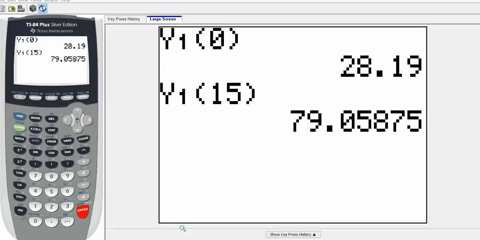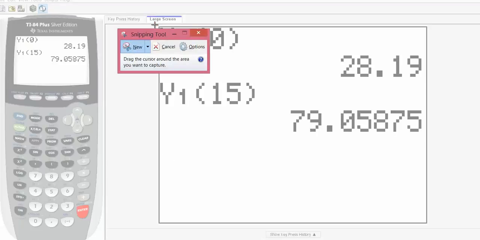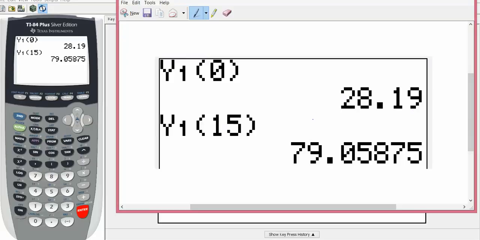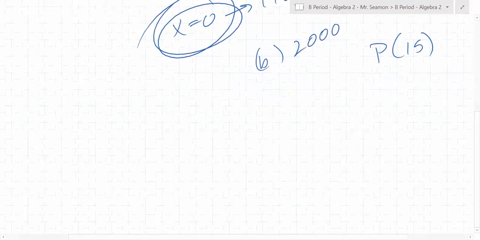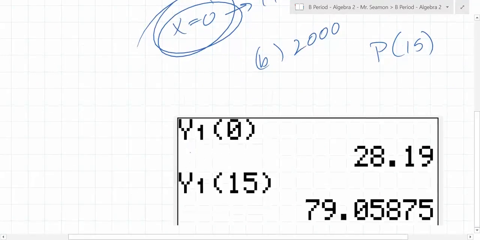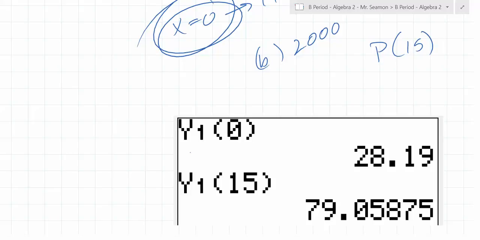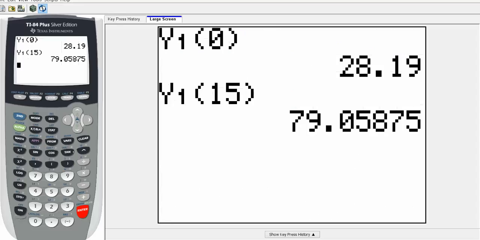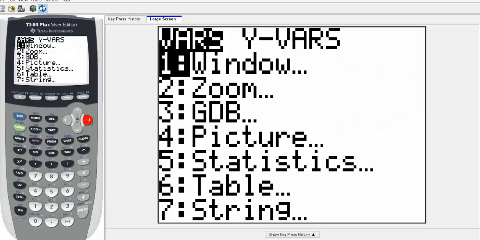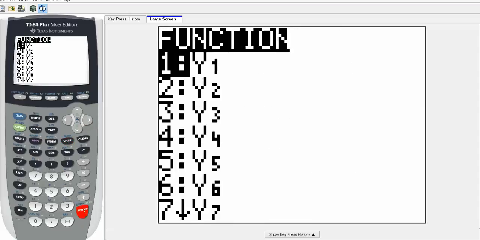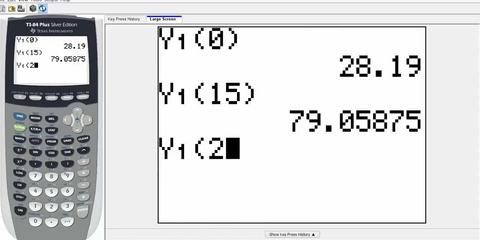Is this a really easy way to evaluate polynomials? Yeah, especially if you evaluate it multiple times. What am I giving you a way to avoid? How did you do that normally on your calculator? You plugged the whole line in your calculator, right? This allows you to repeatedly evaluate the polynomial. So what was the next number we needed? 2006, what number do I plug in? 21. So it's going to be vars, y vars, and then instead of 15, I'm going to write 21 and